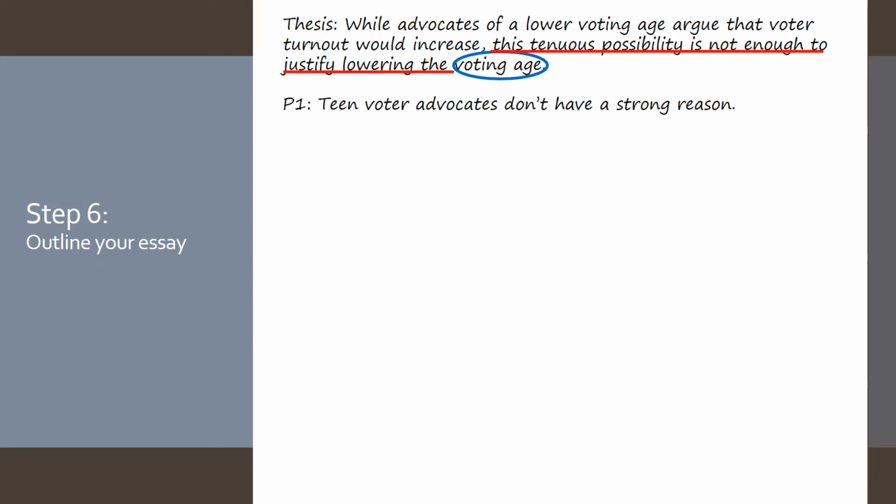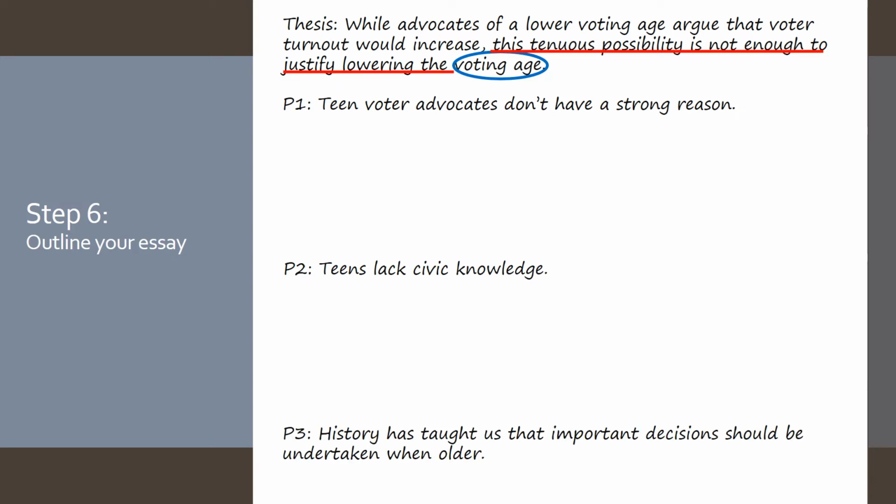I also said teens lack civic knowledge, and history has taught us that important decisions should be undertaken when older. Okay, so as I look at this, I think that when I start discussing teen voter advocates don't have a strong reason to lower it, I really should probably have already said that teens lack civic knowledge and that history has taught us that important decisions should be undertaken when older. That way, when I discuss they don't have a strong reason, I'm also building on the fact that there are strong reasons against it. So I'm thinking the one I listed from my paragraph 1 should actually be